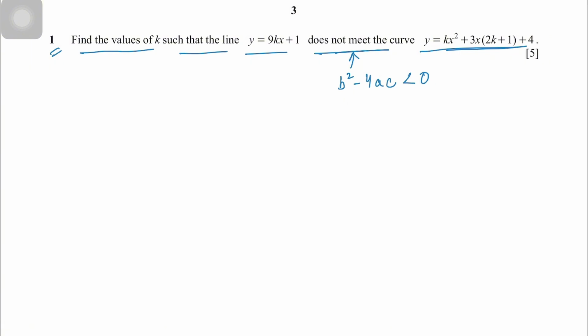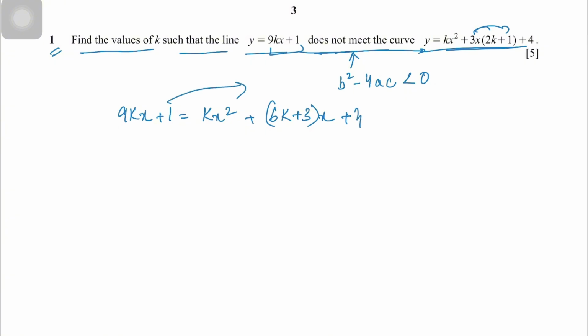So we can substitute this 9kx plus 1 over here. Then we will get it as, and we will be multiplying 3 by this and then this again. So this would be 9kx plus 1 equals kx squared plus (6k plus 3) multiplied by x plus 4. Then we'll rearrange it and bring all these things to the right hand side. So this would be written as kx squared. This 9k would be added here, so this would be